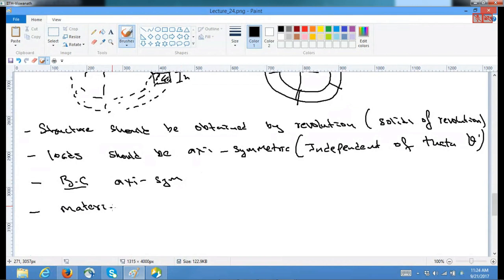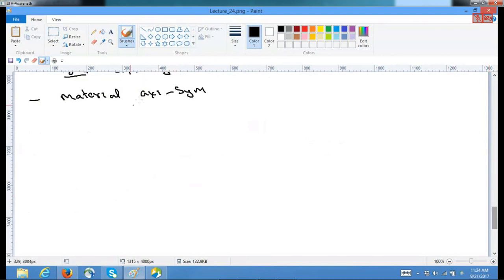For example, the best choice for axisymmetry is isotropy, but we are not necessarily restricted to isotropy. We can even deal with other less symmetric materials, provided the principal directions